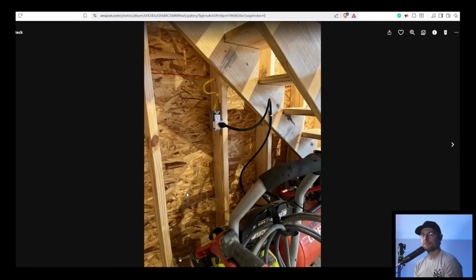Then we decided to do a little bit of work on the inside. Honestly, I've been doing a little bit of work for quite a while on the inside, but we started running electrical. I have 20 amp circuits on both sides of the garage, so I actually have double 20 amps on one side and a single 20 amp circuit on this side. And then I moved the air compressor into this garage space, and I mounted an electrical box specifically for this unit, and as you can see, it's on a Zigbee plug, which then I just leave the air compressor on. When I want to use it, I just tell the house to turn on the air compressor and it kicks on.